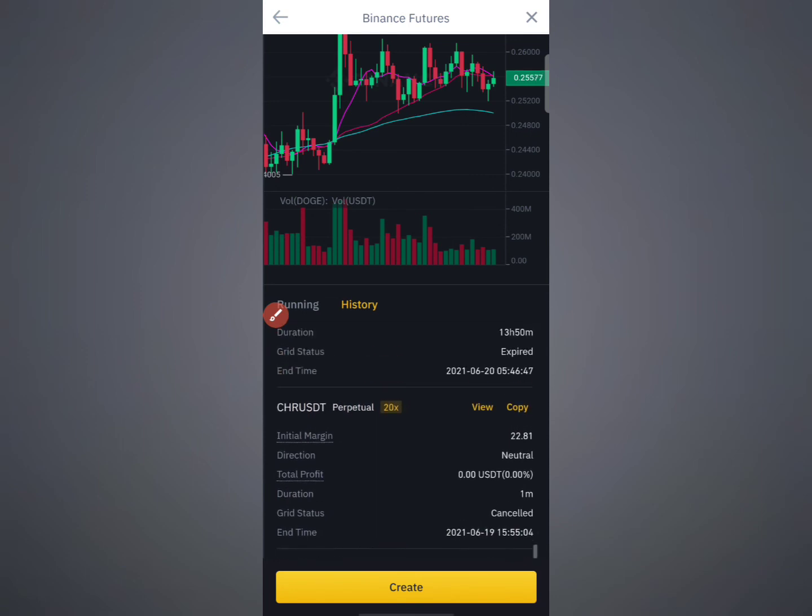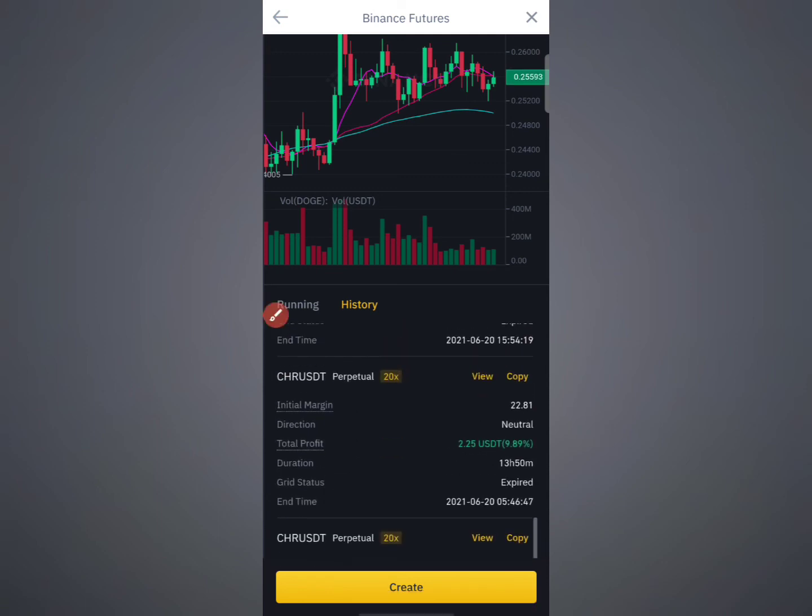Then this one, I cancelled within 1 minute because of some errors. Once after that, another bot here, again the same coin CHR USDT. It has also made $2.25 within 13 hours. So as you can see here, within 13 hours, 19 hours, within a single day, it will make around $2 to $3 profit with this 20 USDT.